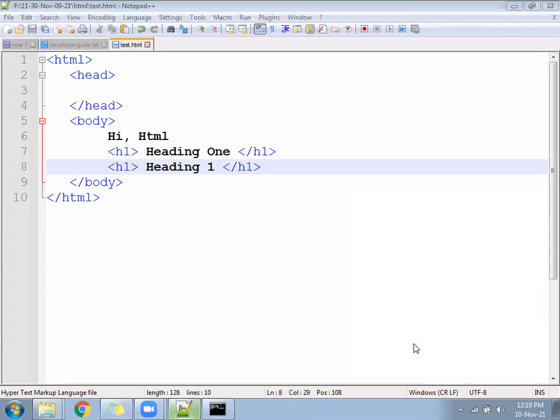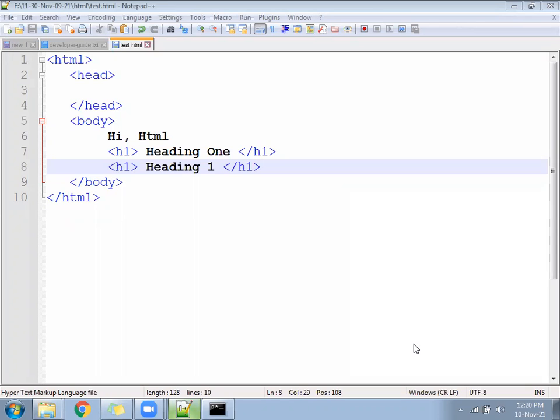When we execute this file in the browser, we will understand whether H1 is block or inline. Block or inline we cannot identify through the code. It will be identified once it executes in the browser. Block means it will print in a new line, inline means it will print in the same line.